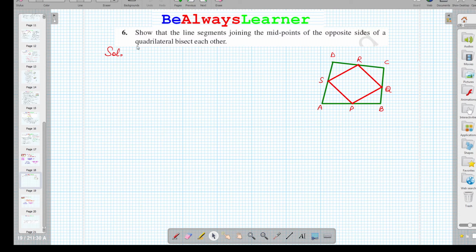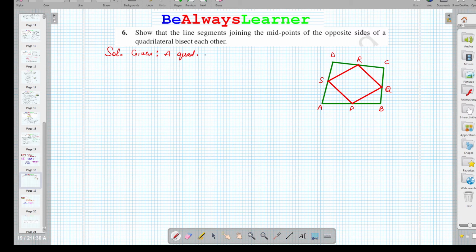Now this is the solution of the question which says: show that the line segment joining the midpoints of the opposite sides of a quadrilateral bisect each other. तो हमने यहाँ पे एक क्वाड्रिलेटरल ड्रॉ किया है जिसमें कि P, Q, R और S ये मिड पॉइंट्स हैं और इनको ज्वाइन किया है, राइट। तो अब हमें यहाँ लिखना है सबसे पहले कि गिवन क्या है, सो दैट कि हम ये डिसाइड कर पाए कि हम उसको कैसे सॉल्व करेंगे। तो द गिवन इज